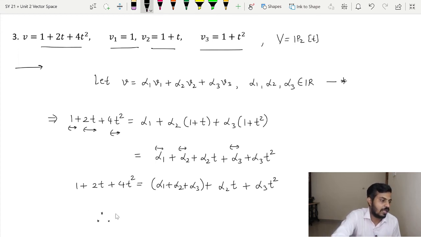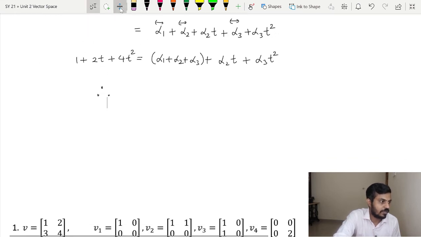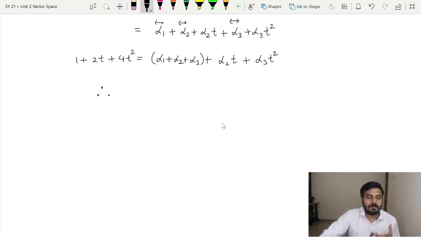So simply compare the left hand side and right hand side. So after comparing it, what we will get? Now what do you mean by comparing? I mean on the left hand side you are having a polynomial, on the right hand side also we are having a polynomial. So when these two polynomials will be equal? This will be equal if the constant